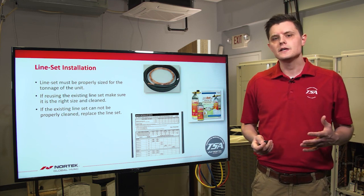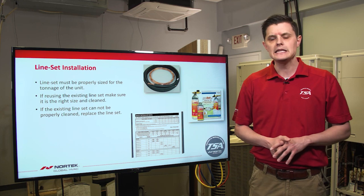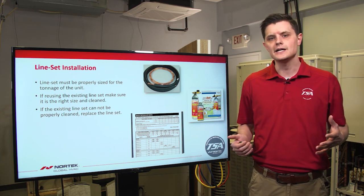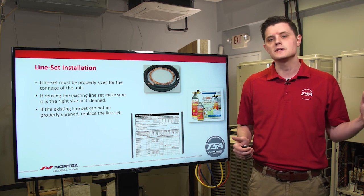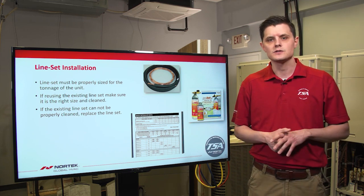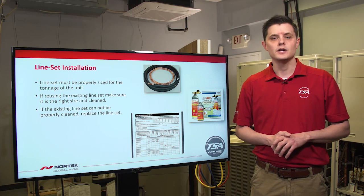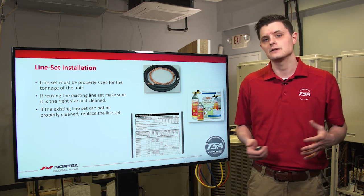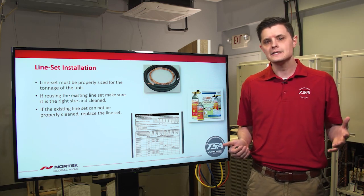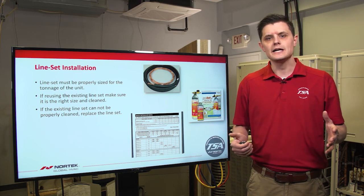Now, when it comes to line set sizing, we do get questions in tech on this as well. So the main thing we get is that if we have a contractor that's got a line set that's, say, in a drywalled ceiling, or say in an apartment complex or a condo complex where the line set is buried in a wall or a ceiling, and they want to know, can I use this existing line set? What we do have available to you guys is a long line set guide, and we do have in there different line set sizing